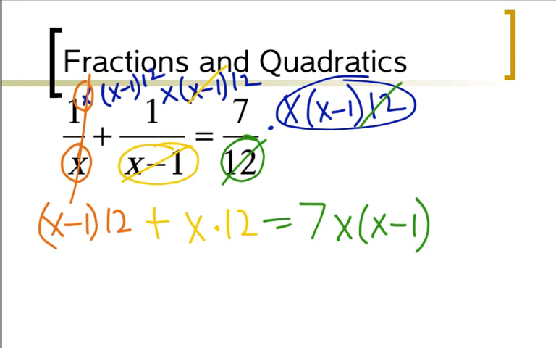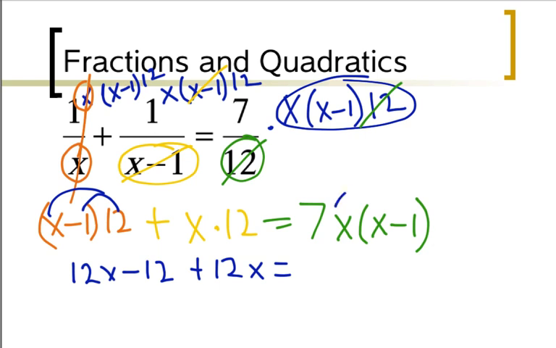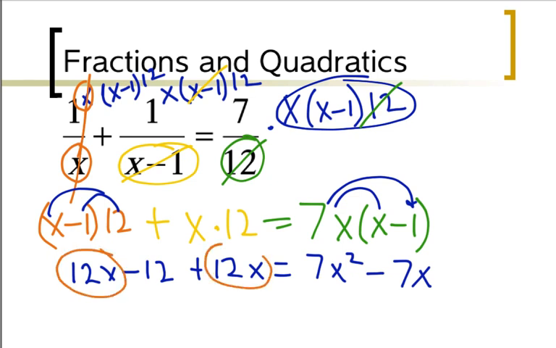So now you can see, yes, that was a little time consuming, but we've only just begun. Now I've got to simplify everything and make this 12 distribute to get 12x minus 12 plus 12x equals, distribute this to be 7x squared minus 7x. And now I want to make this equal to 0, so I'm going to move everything to the right hand side. First of all, I'm going to combine these to be 24x, and so I'm going to subtract 24x to the other side,